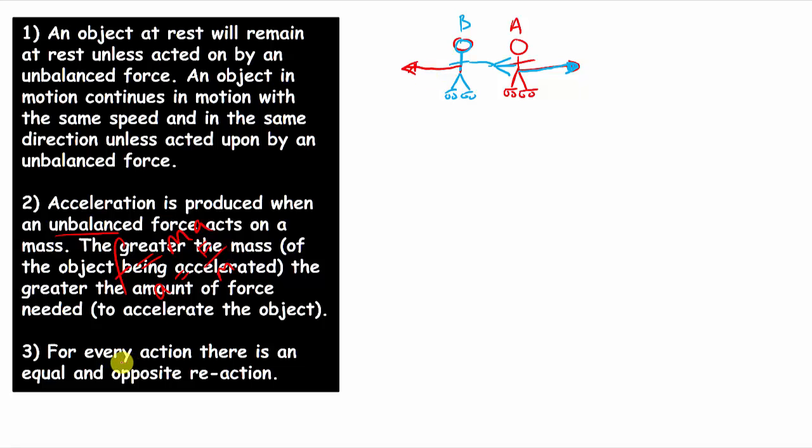So this is how it's stated in the third law. For every action, there is an equal and opposite reaction on an opposite body, actually. So there's an opposite reaction: there was this action, and this is the opposite reaction. They're equal in magnitude and opposite in direction. So you can't get away from that, and that comes up in all kinds of places.